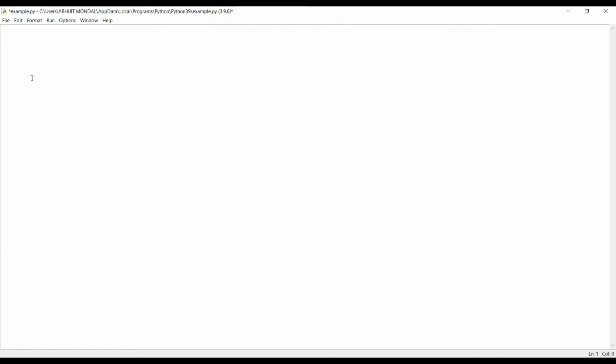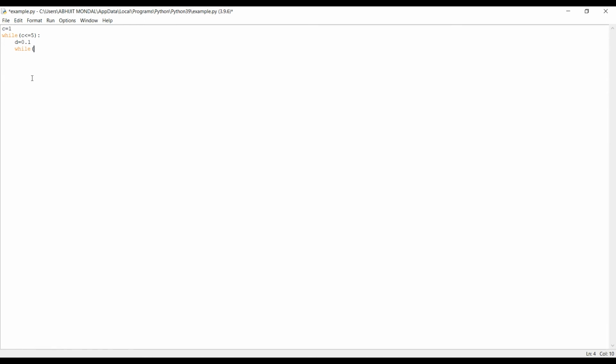First we will take a variable whose initial value is c equal to 1, and then use a while condition, c less than or equal to 5. Then within this we will declare a variable d equal to 0.1. Then we will declare another while loop for printing all the decimal points.